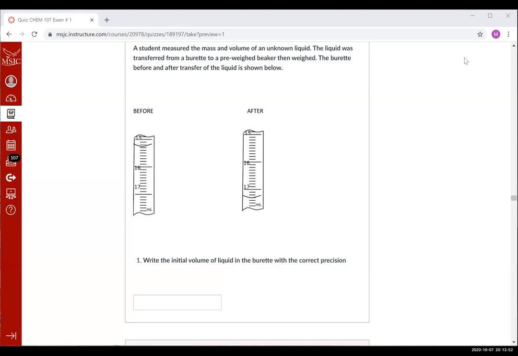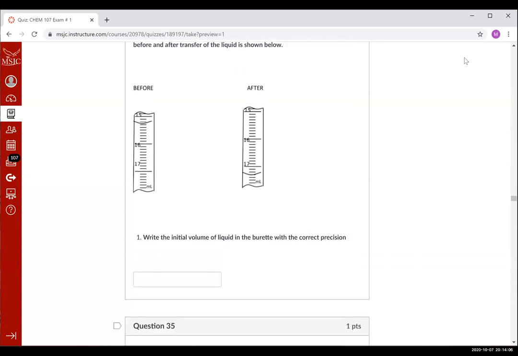Continue the recording. So in this case, we're looking at measuring the volume in a burette. We've established previously in this problem that 1 tick is equal to 0.1 milliliters, so we can report up to 0.01 milliliters. So reading through in this case,